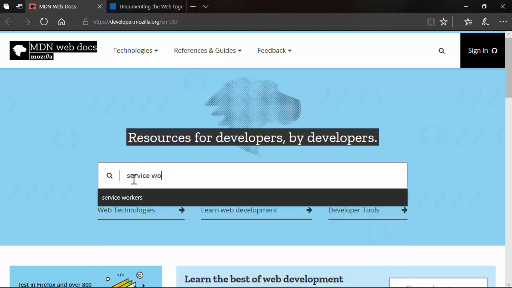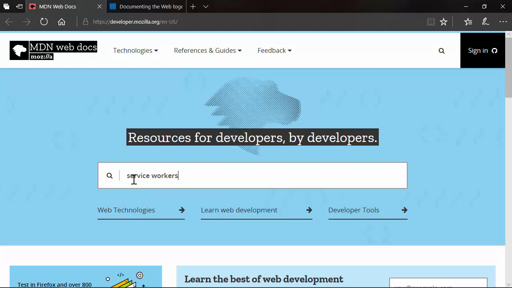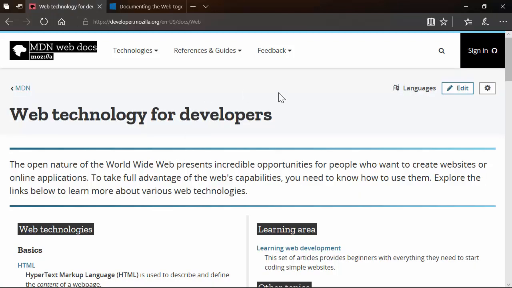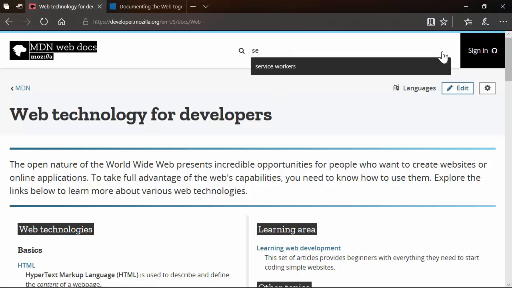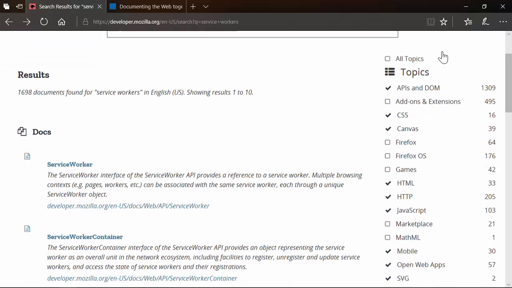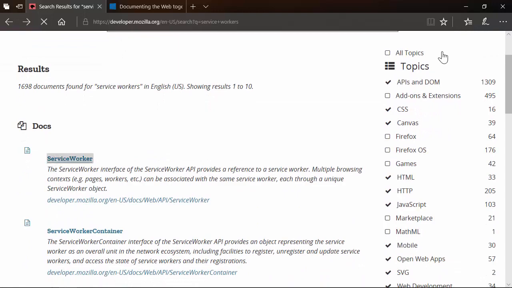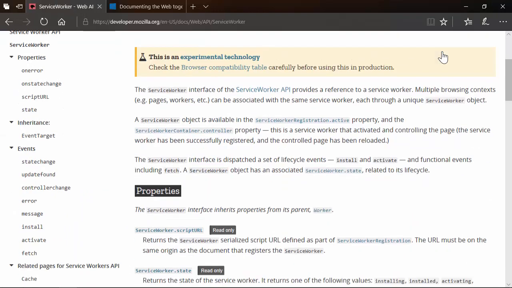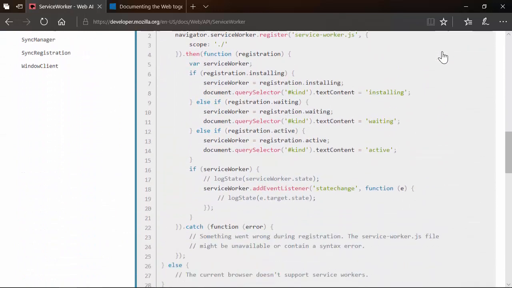So if we look up something like service workers, which I spent a lot of time in, and hopefully the search will work here. It's not going to work. Let's see what happens when I do this. Here, let's try it from here. I know it works from here. I never go to the home page. There we go. Oh, okay, there it goes. All right. So you can see we got service worker container, and this should be a view that you've probably